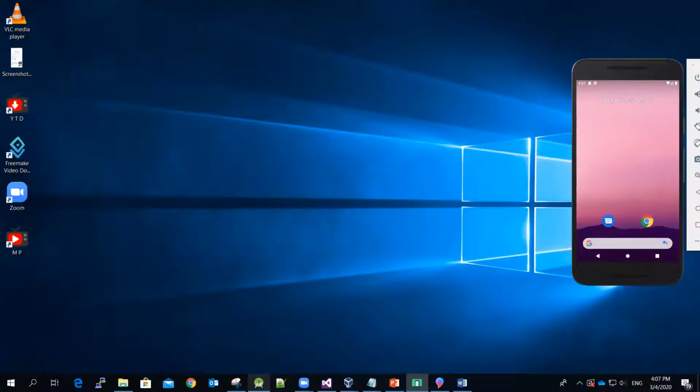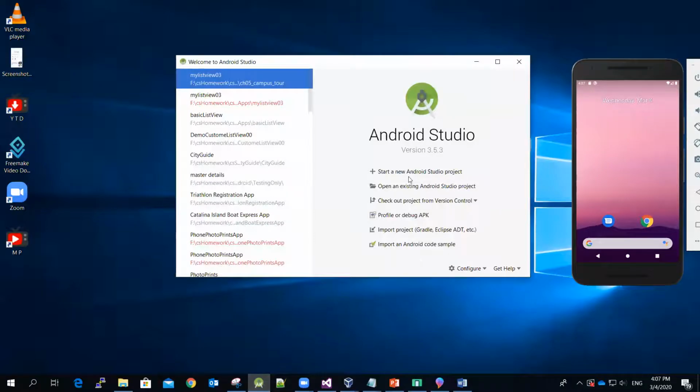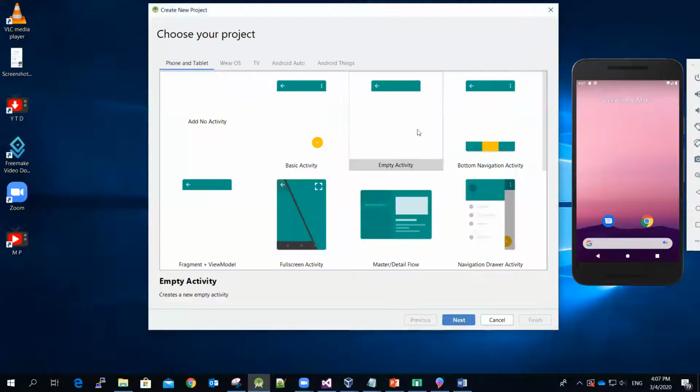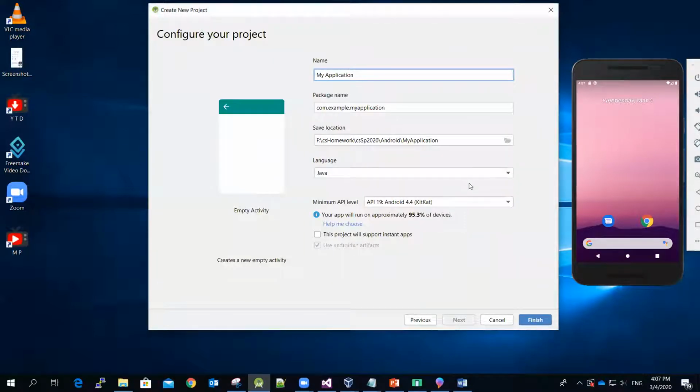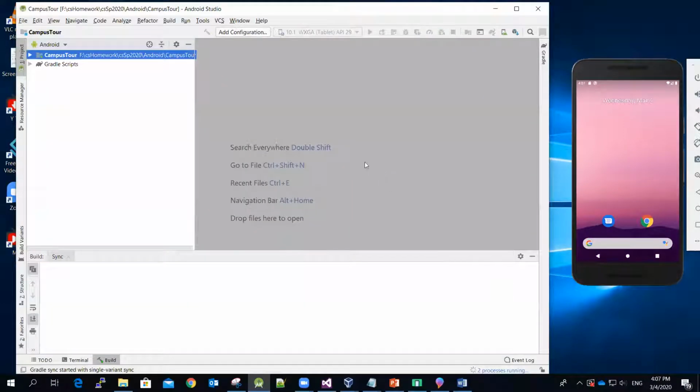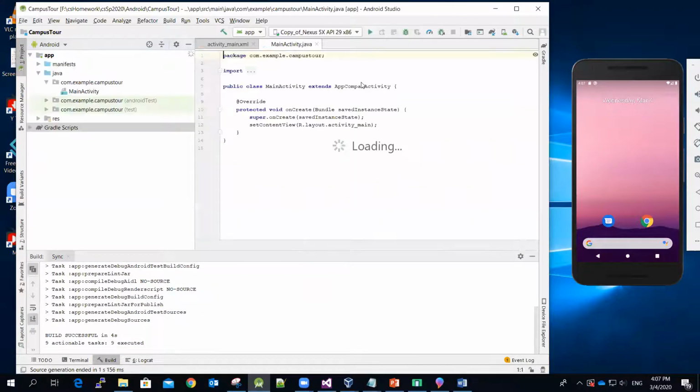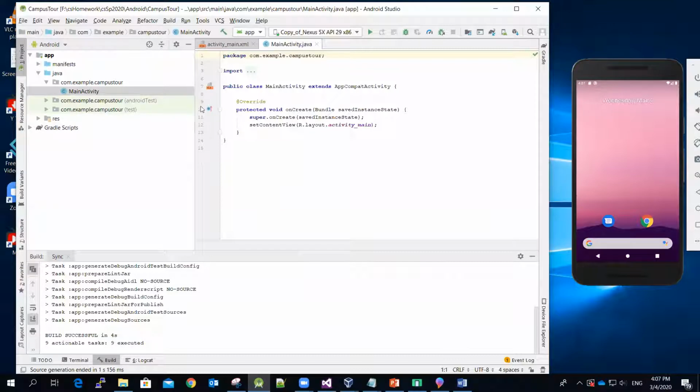Let me fire up my Android Studio, and then let me create a new Android Studio project. I will use the empty activity, and then let me call this one Campus, Campus 2. Again, you can be any applications fit your needs. And then let me click Finish. All right, and then the software is creating the required folders, the template files,